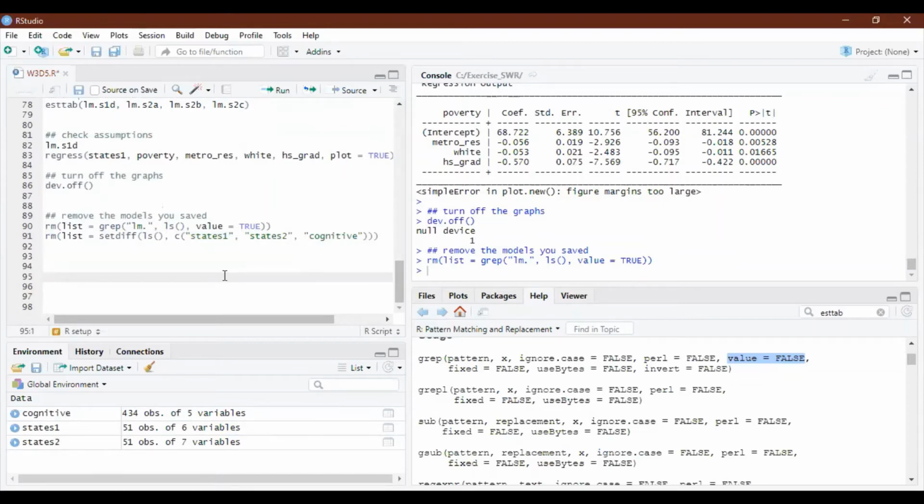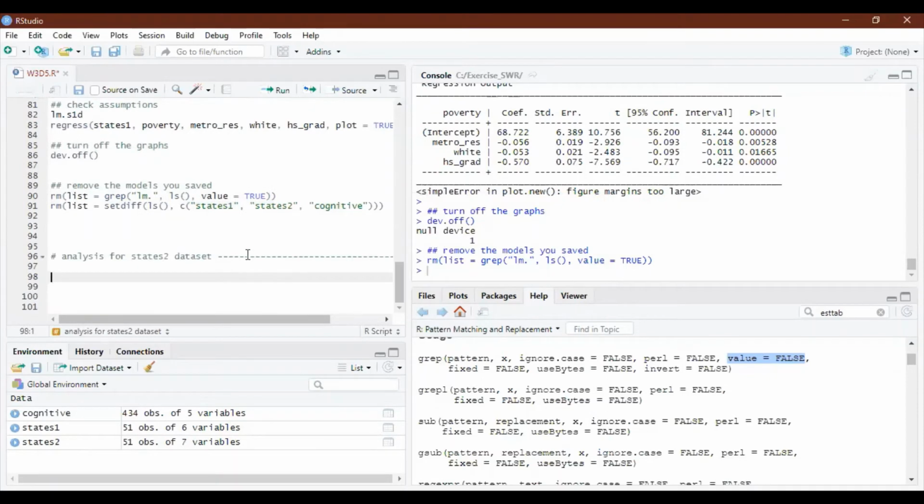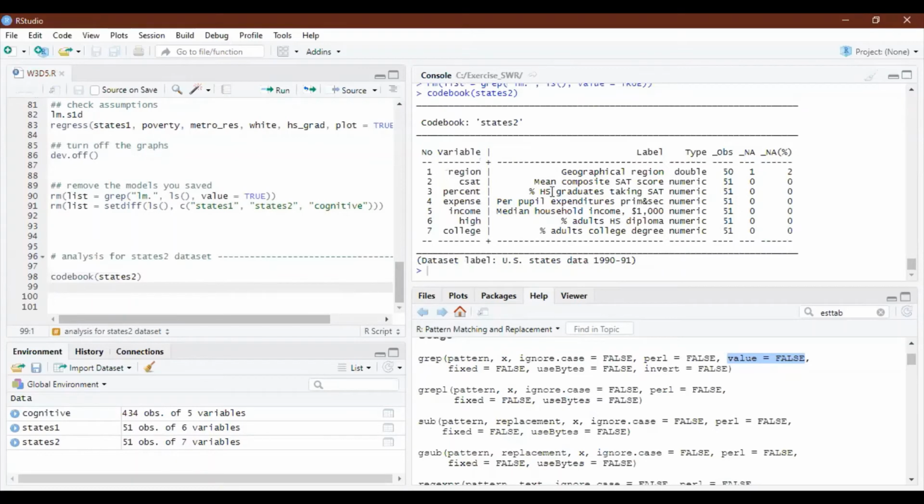For the next data set, we will add a section by pressing Control Shift R and say analysis for state 2 data set. I think here it is also the same. First, we need to look at the code book. So this one is also ideal, right? Because we got